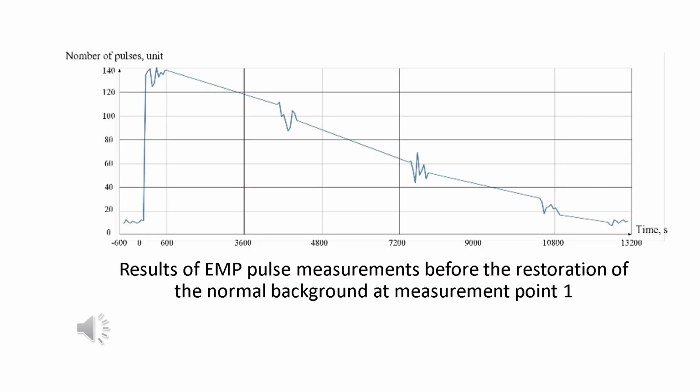After the explosion on August 3, 2023, the maximum intensity of electromagnetic pulses was m = 140 pulses per second. The natural background was restored after t = 37,200 seconds. The angle of internal friction of the rocks in this area was equal to 41 degrees. We determined the coefficient of stability of the array, which was equal to 0.241. The calculated coefficient of the stability margin is less than 1, so the array is unstable.